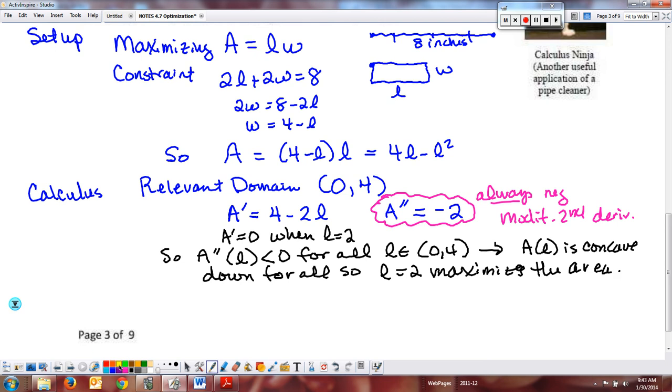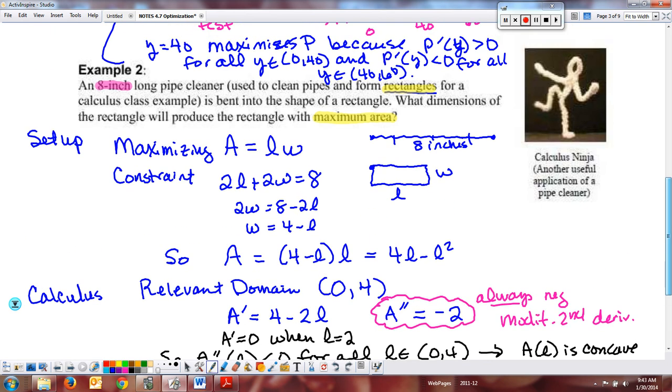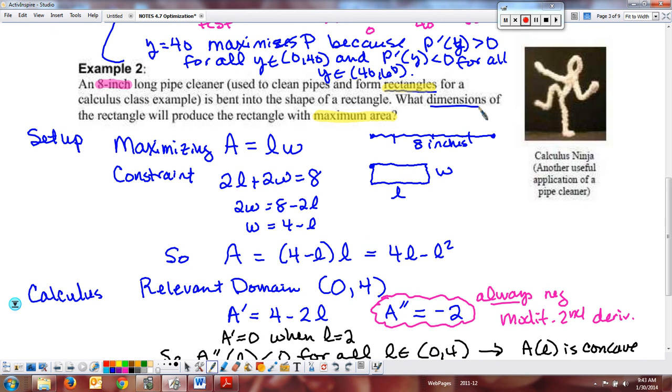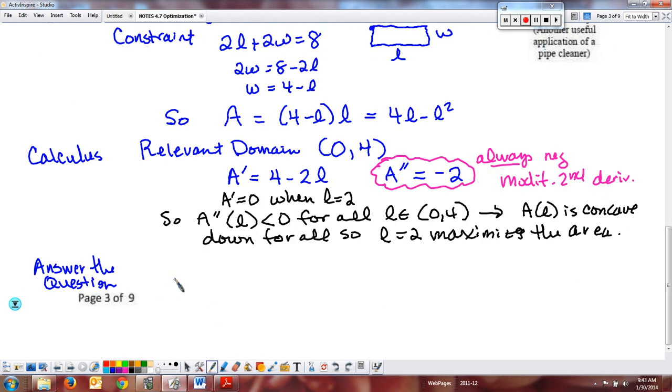Now I have to make sure I answer the question. You get so excited that you're done with the calculus part, but you do want to make sure that you actually answer the question that they ask you. So we come back up here and say, what did they ask me for? The dimensions of the rectangle. And so I go, all right, well, I know that the length is 2. So the dimensions